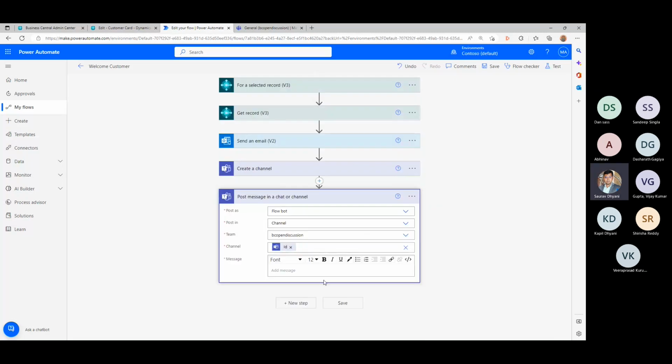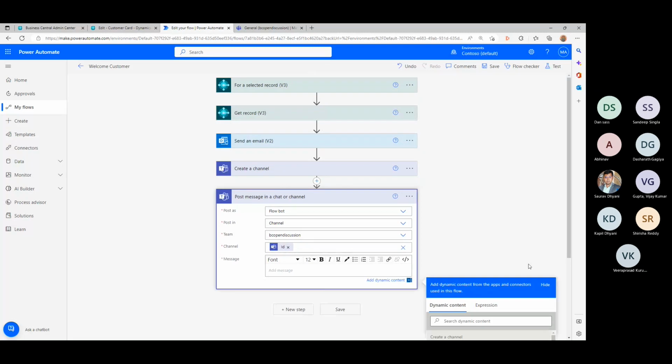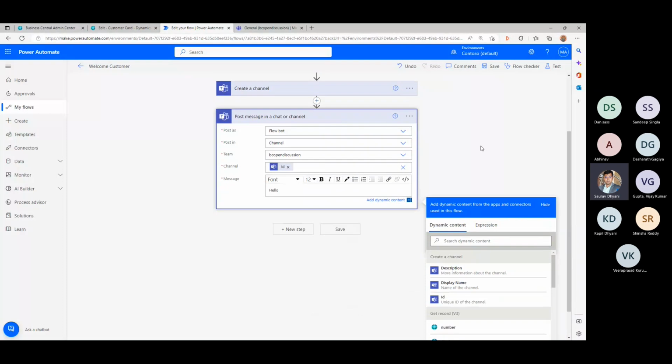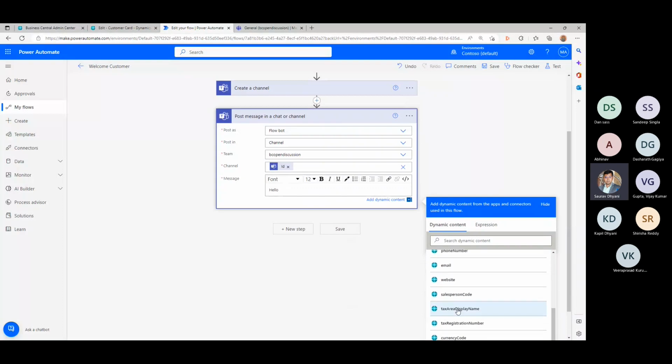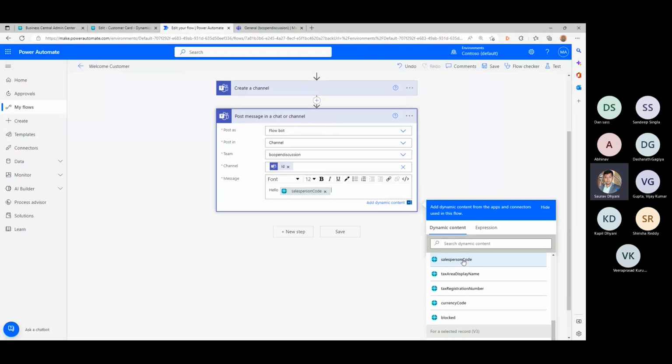And then whatever your message is. So let's say I would say, okay, hello, who? The salesperson who created, who is associated with this customer, and I should be able to get into the get record 3 and ask for salesperson code. And if that's not there, I'm just using salesperson code.